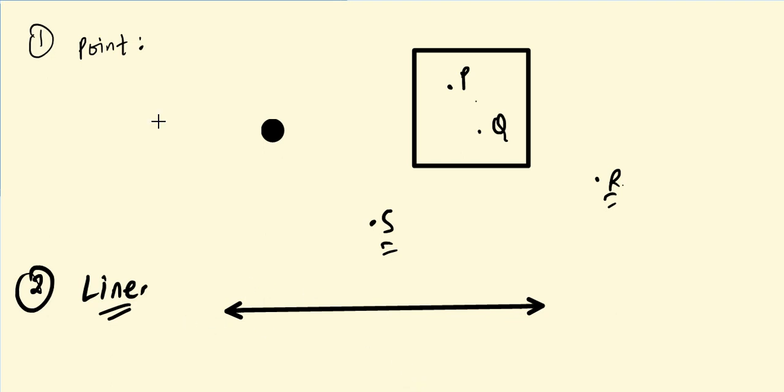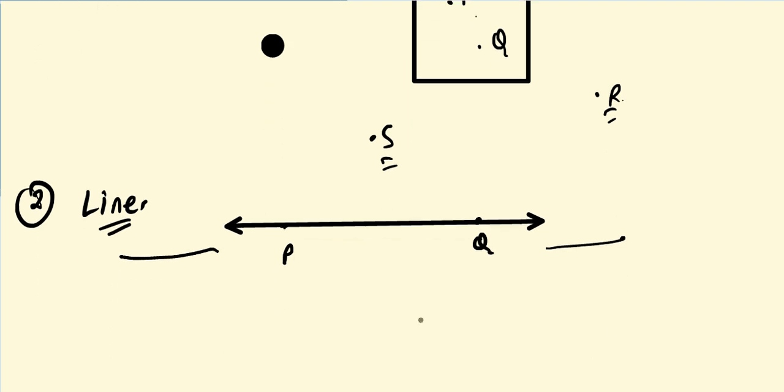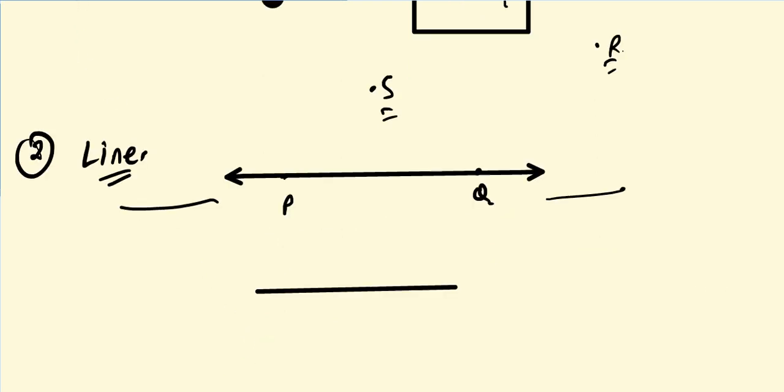It is denoted by capital letters just like P, Q. The word line usually refers to a straight line. You can extend the line in this direction as well as in this direction, because you don't know what is the length of the segment here. Suppose you have to draw a line segment of 5 cm. So by pencil and with the help of a scale or ruler, you can draw a line which is equal to 5 cm.